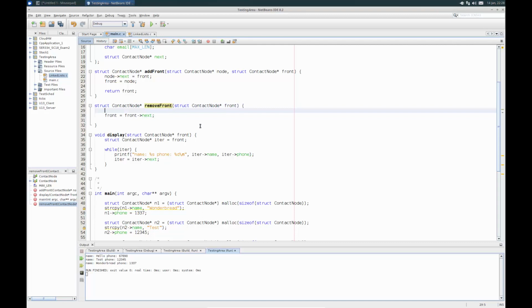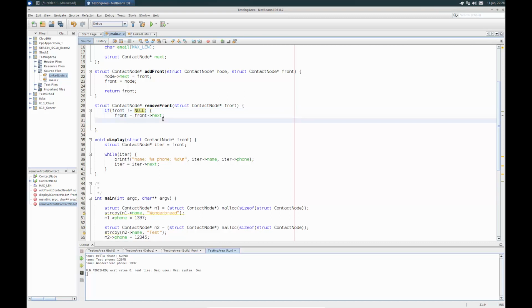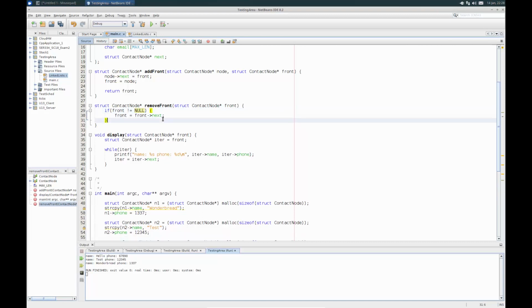First, I'm going to make sure this only runs if I have a non-empty list. So if front is not null, then do this stuff over here. So that only runs there. If front isn't null, then I need to do a couple things. If it is null and I'm trying to remove from it, basically my work's already done, so I'm not going to worry about the else case. In another language, I might throw an exception to warn somebody, but for now, if it's empty and I'm trying to remove from it, that's okay. I'm not going to worry about it. I just will make sure that the code is safe. So yes, that stops one issue.